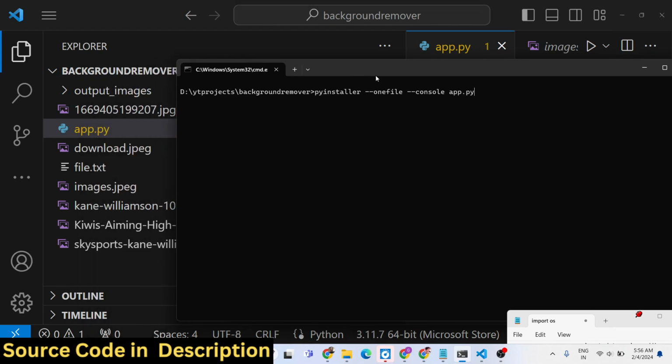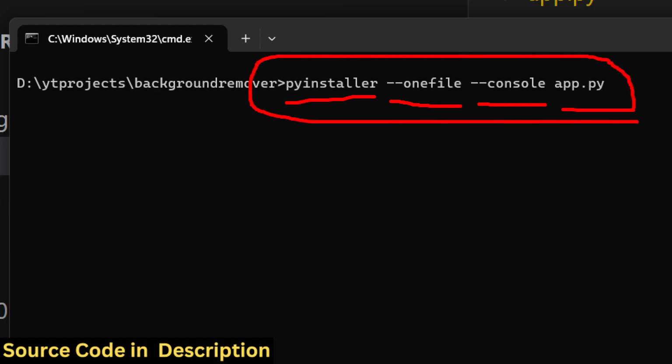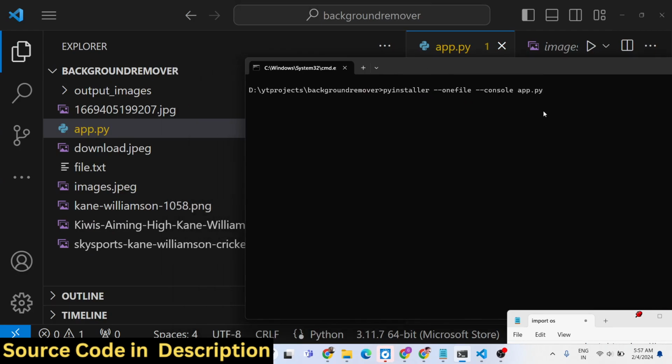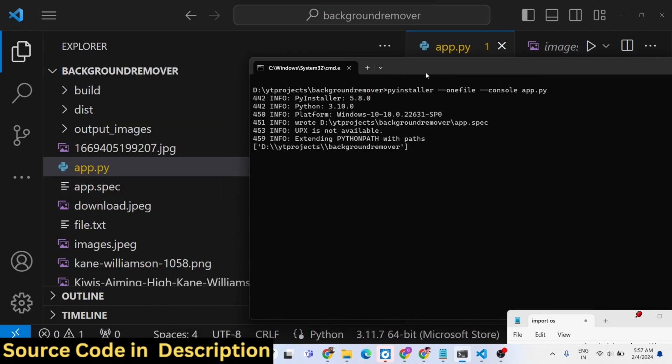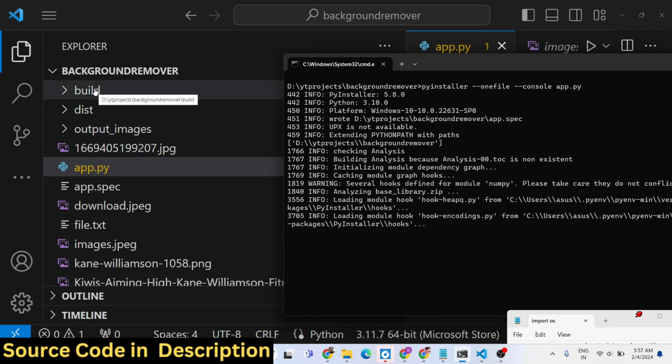This is the full command, guys. Just pause the video. PyInstaller --onefile --console app.py. And if you do this, it will now convert your file to exe. It will create a build folder and a dist folder. So simply invoke this. You will see instantly it created a build folder, dist folder, and it will bundle